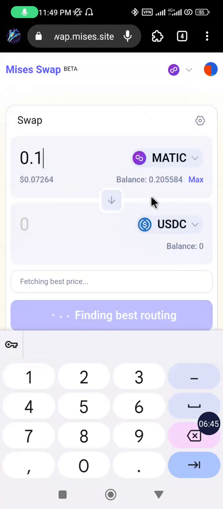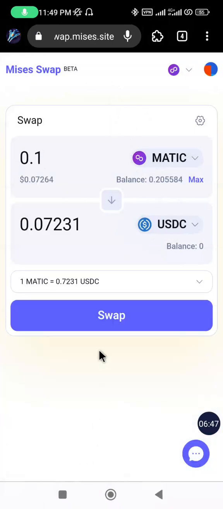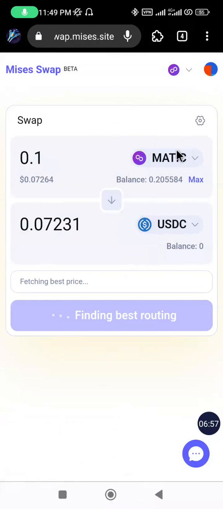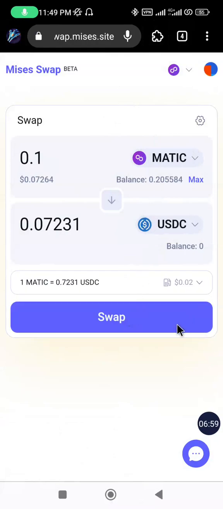Once I enter the certain amount I want to swap, then I can proceed to swap. Then it will send a prompt message to my MetaMask or whichever extension I connected to. Then once approved, the swap will be done automatically. Okay, now let's move to other